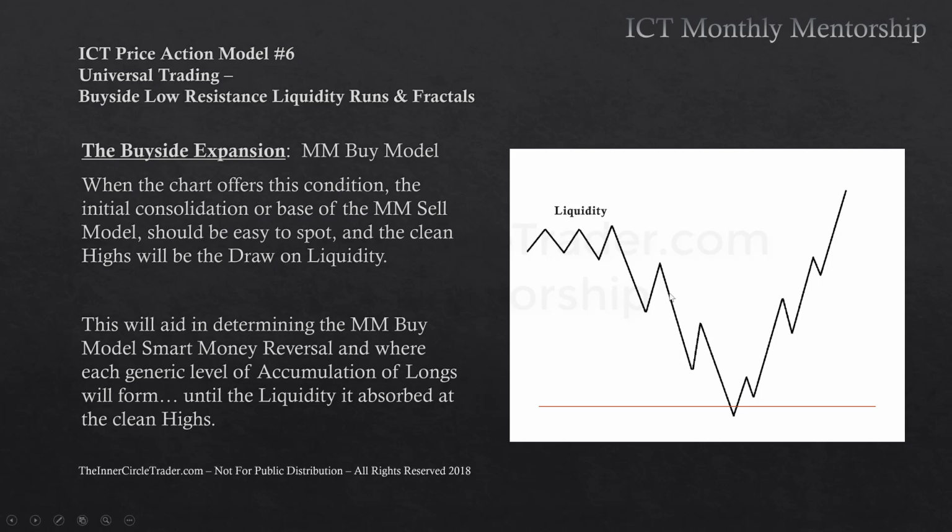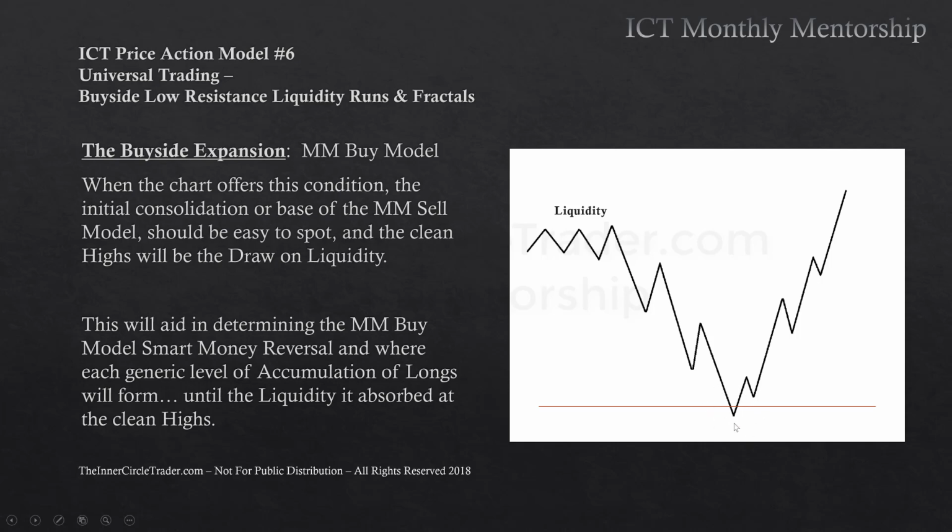Okay, so in other words, like this one here, this consolidation and then drop down, if you can think about it in a smaller form, we could be looking at this here, this consolidation, maybe this high of a larger buy model, and that's how price is fractal. But we need to know where price is relative to our time frame we're looking at for our stage, and if we